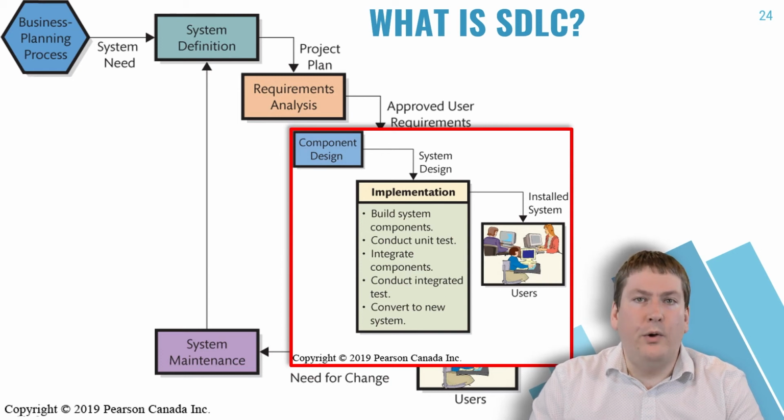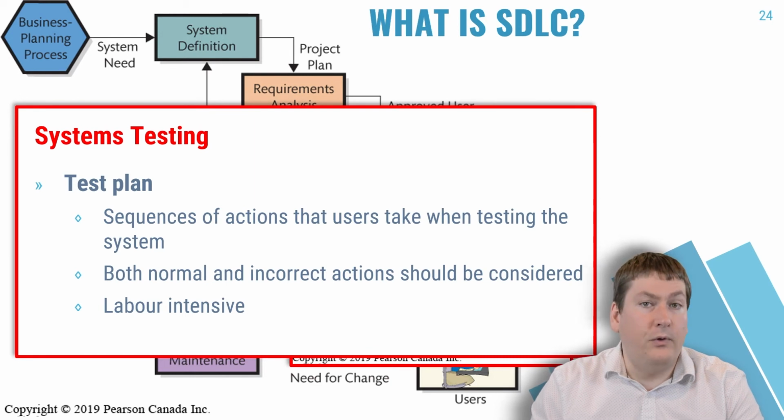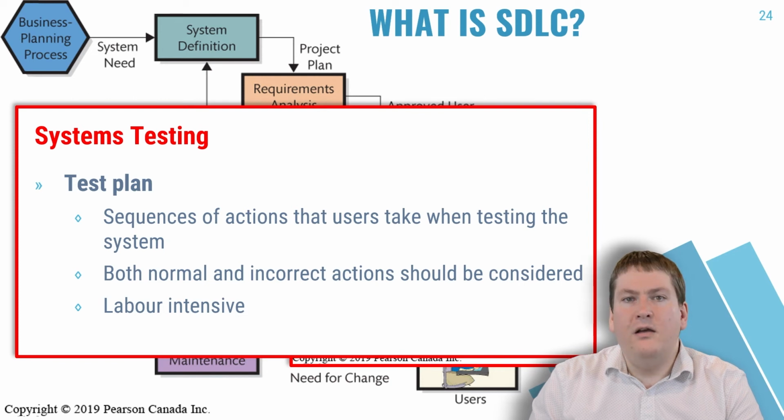Each individual component or unit of software must be tested, as well as the software as a whole after it's integrated together. This testing is normally done by creating and following a test plan. A test plan is a sequence of actions that the tester takes when evaluating the system. The plan includes both normal user actions, as well as incorrect or unusual actions a user could potentially perform. The idea is that you want to cover all possible user actions in your plan, which is why this is